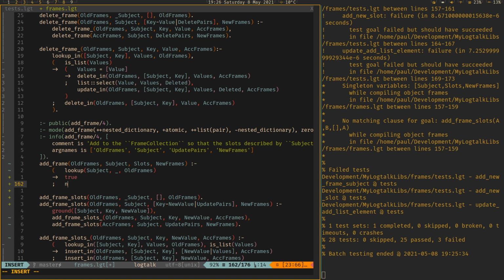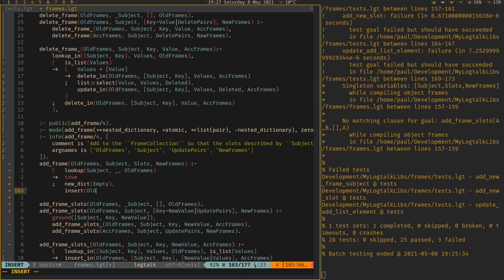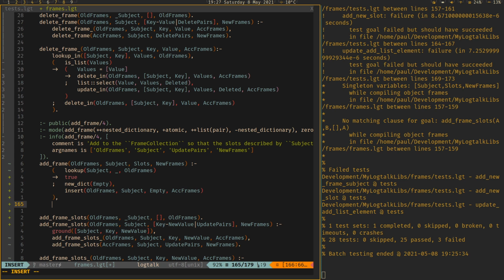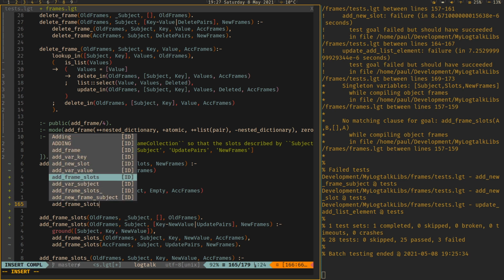So I want my new dict, because that's my temporary thing. I'll call it empty, and I want to insert into the old frames. It should be on a new line. Insert into old frames the subject, the empty dict, and that will give me, let's call it ACK frames. Give me some accumulated frames. And now I can proceed with adding the frame slots in,